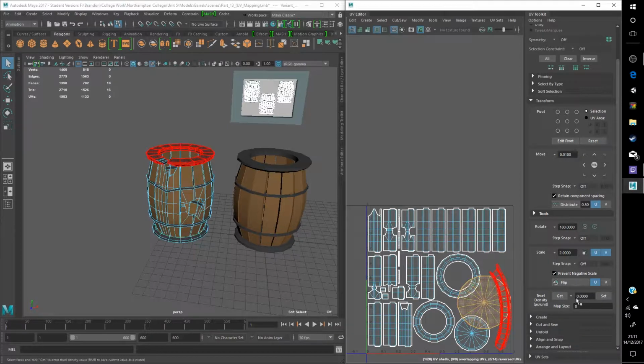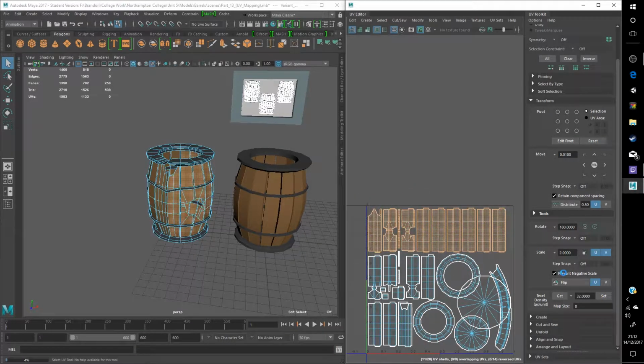Usually what would happen is you press get, and depending on the size of the actual UV shell will also determine the size of the texel density. So if you click on, say this is the one you want the rest of your UVs to be the same texel density, you click the one you want, press get, it will tell you the value, and from here you can select your other UVs, let's say these were the ones in question, and press set. It will set the texel density and match it to the one that you've received. So if this would have worked, say it had a texel density of 32, and we wanted these to change also to 32 texel density, if we press set,